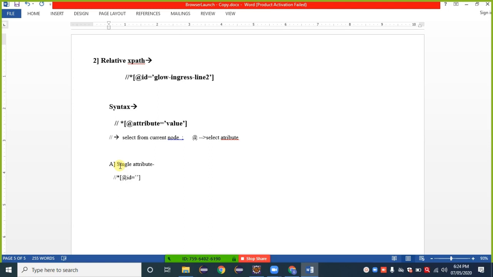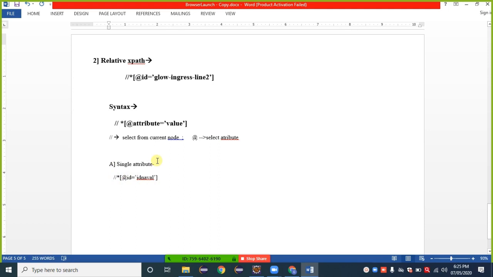Suppose it is id navel. Such a thing is called a single attribute. Inside that syntax we are providing a single attribute. By using one attribute and its value, we are going with this XPath. That one is called a single attribute.